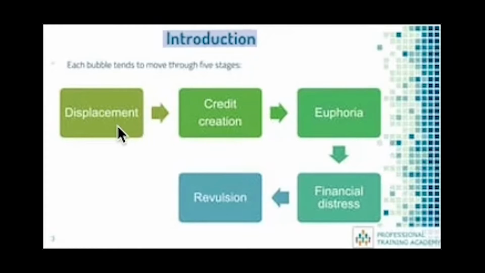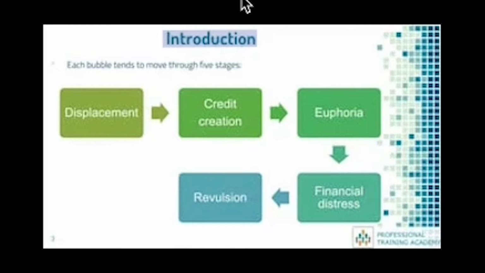Okay, folks, there's five stages of a trading bubble. Now, you can argue around some of the definitions, some of the finer points, and there's different ways of looking at this. But just bear with me, and if you take a slightly different view, it's fine. But if you're new to understanding trading bubbles, it's going to be really helpful. So basically, there's five major stages of a bubble. You've got displacement, credit creation, euphoria, financial distress, the critical stage, and revulsion.